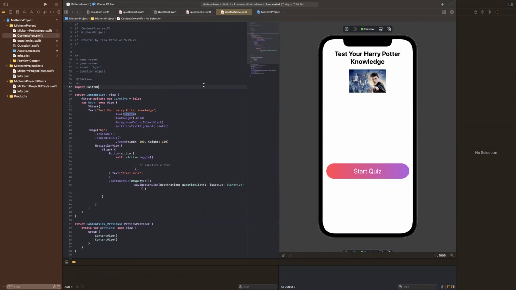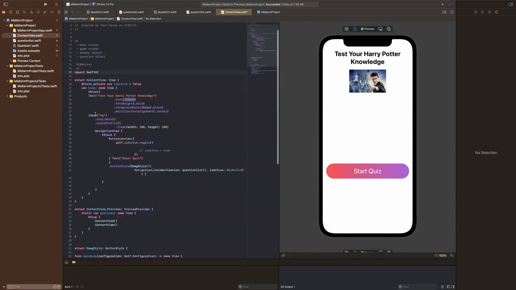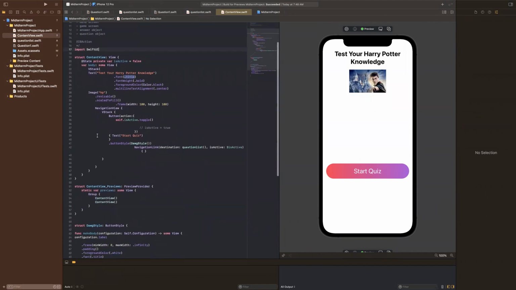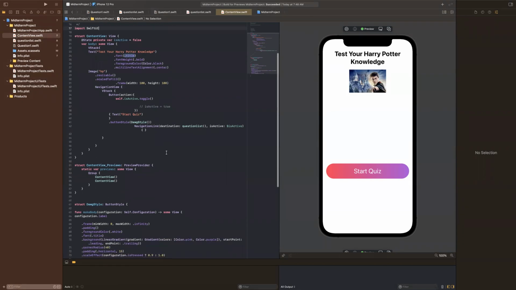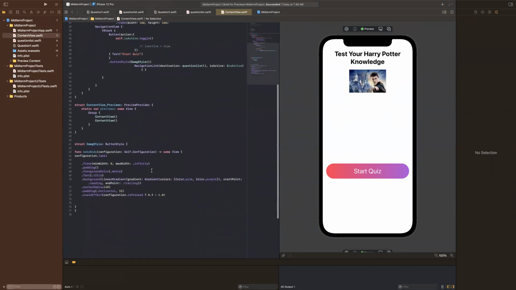So my content view is what you'll see before you, in which we have the title, formatting of the title, an image to show what the quiz is about, and then we have a button. And the button takes you with this navigation link to the question list page, which we'll go through in a second. So that's what happens once you click the button. And then down here, we have the actual formatting of the button to make it look nicer, like we learned